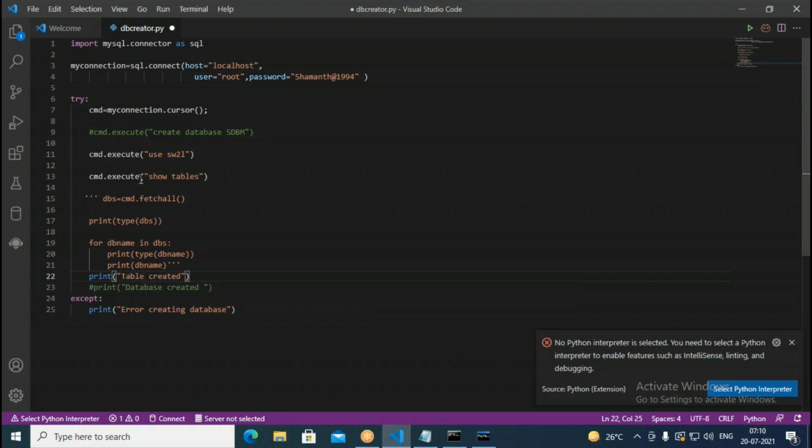But earlier we were creating some different table, so let us go to SDBM. Okay, table name is what here? SDBM. In this, I want to create a table. I just go with the create table command, followed by the table name. I can put sample here. Inside this, I can specify the name of the column, ID, followed by int, then auto increment, then primary key.